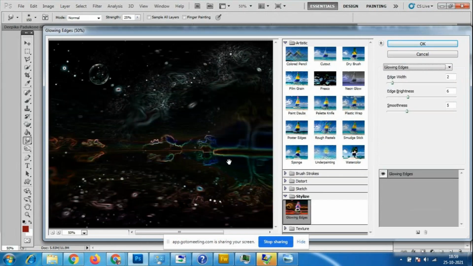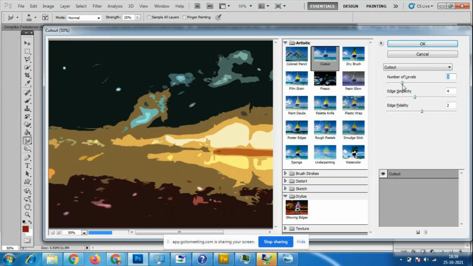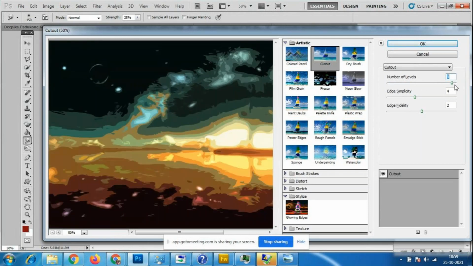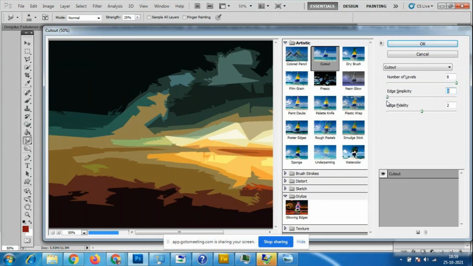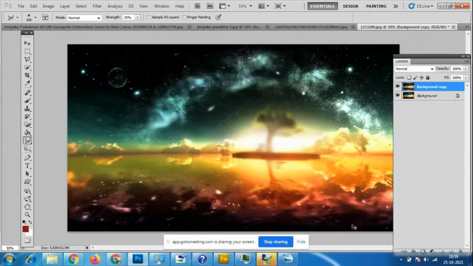We have multiple options, so all these options we can try. These are the effects we could give for this kind of background in the Filter Gallery.